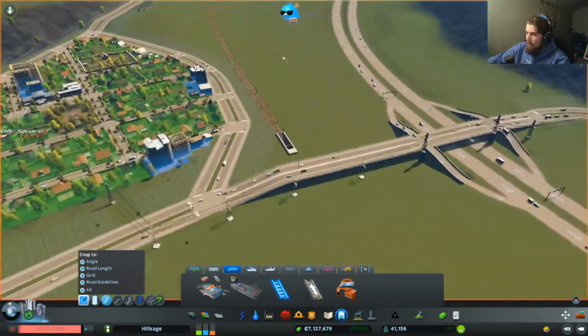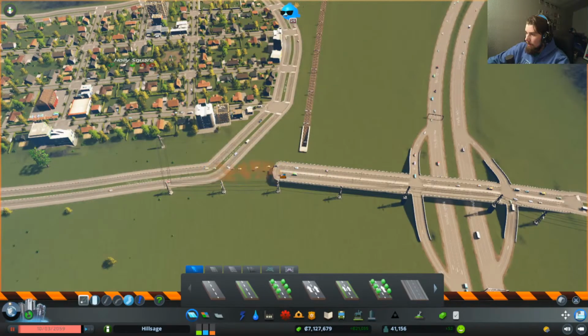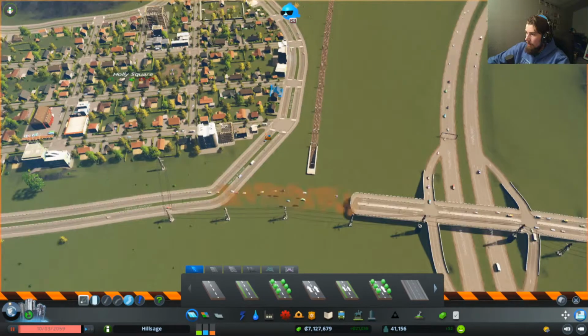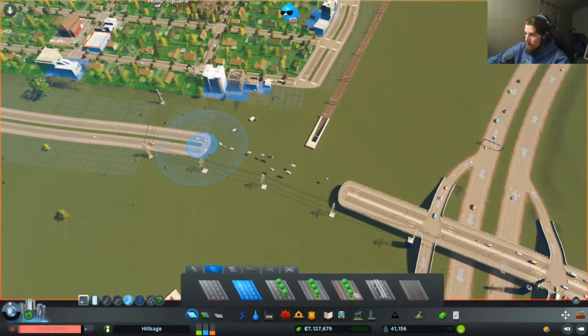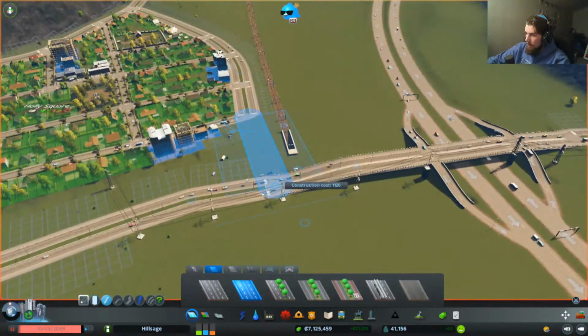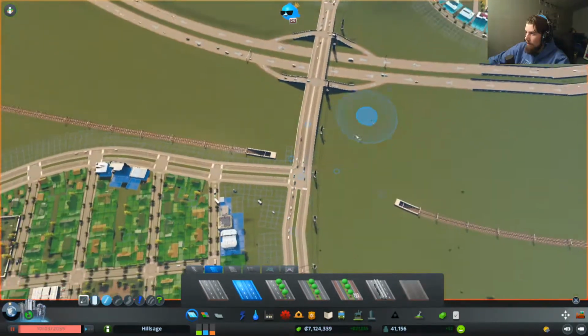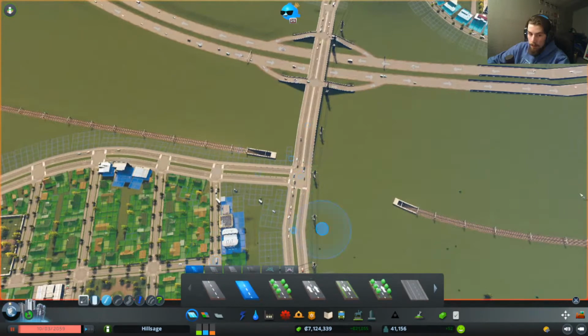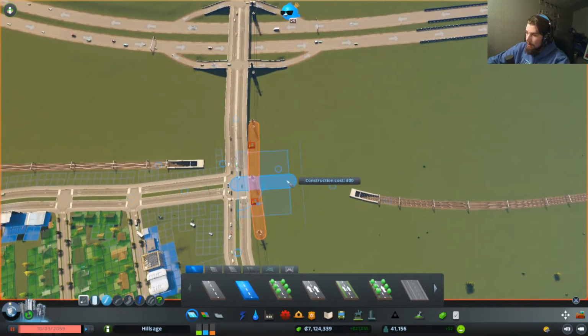Okay, I think that'll work. And then tear this bridge down again. I feel bad for the people who live in Holly Square. Can connect that access point back. That access point back. And then we can add in this